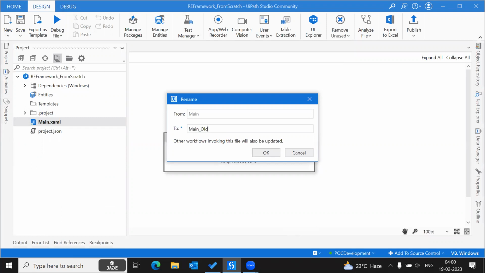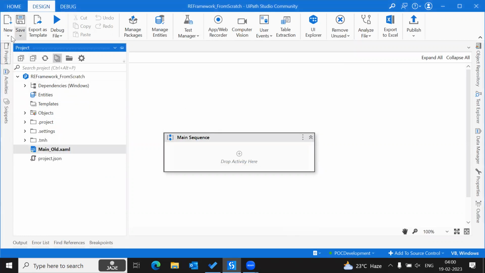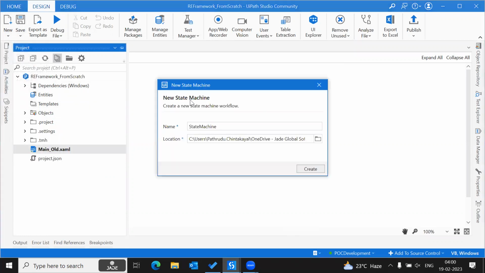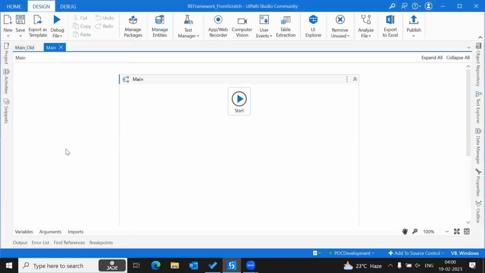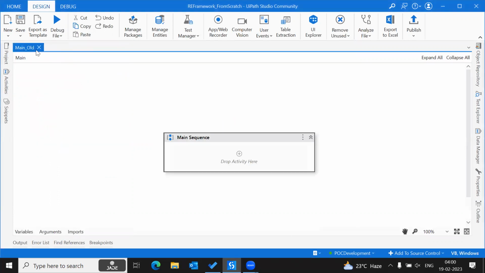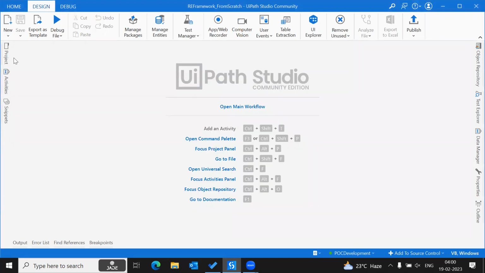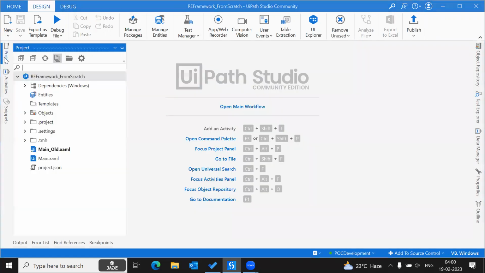So I'll rename this with an underscore old for the time being, and I'm going to create a state machines workflow, a new workflow, and here I can write main. So this will serve as our main for our implementation. Let me close this, and from this project, what I need to do is, I cannot delete this directly because